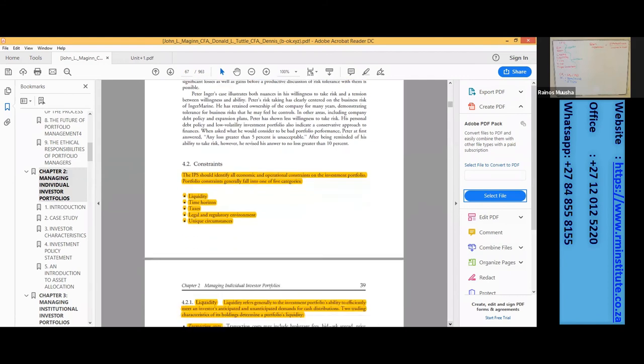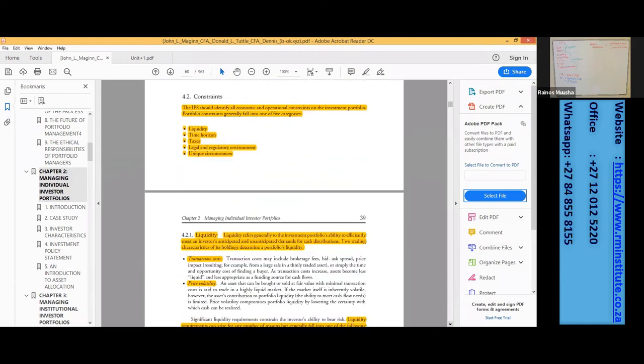Next, we look at the constraints. Remember, we said the return objective and the risk objective, we consider to be what? They are objectives, isn't it? Now we're going to be looking at what? Constraints. The investment policy statement should identify all economic operational constraints on the investment portfolio. So portfolio constraints generally fall into one of the 5 categories: liquidity, time horizon, taxes, legal and regulatory environment, and